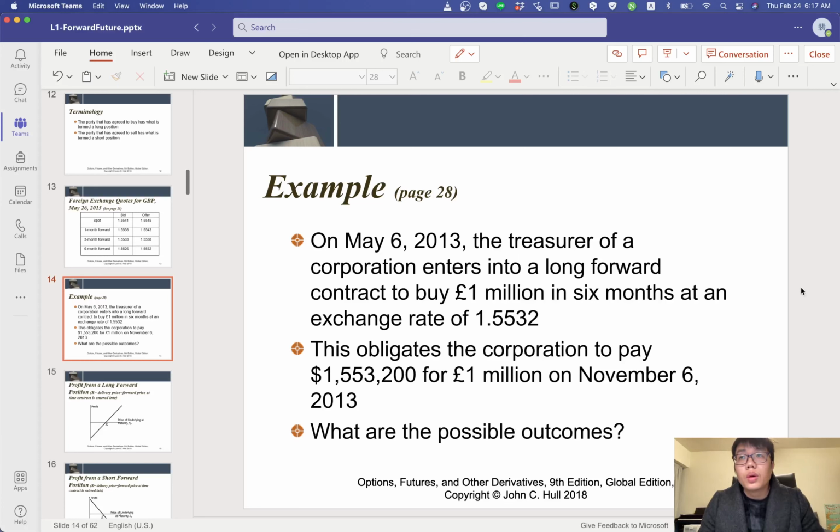Okay, so as you expected, the most common industry we will use these forwards and futures is the agriculture industry. For example, farmers and the food processing industry will prefer this kind of product because it gives you the flexibility to buy or sell agriculture products, for example, commodities, some corn, right?